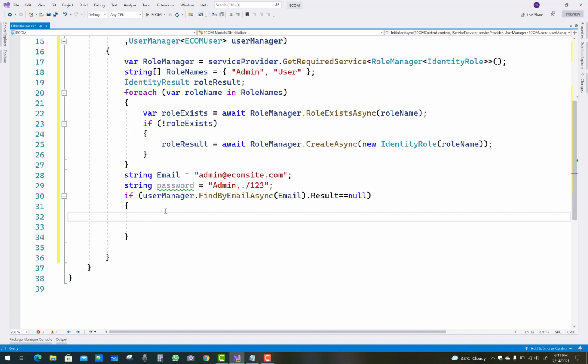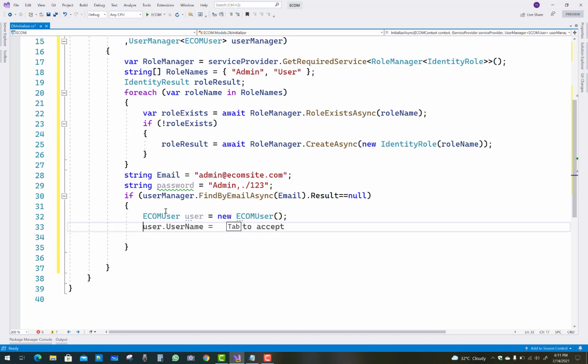First of all create a new user as an admin. So user equals new EcomUser, with a username and the password. The email is already there, so provide the email as the username.